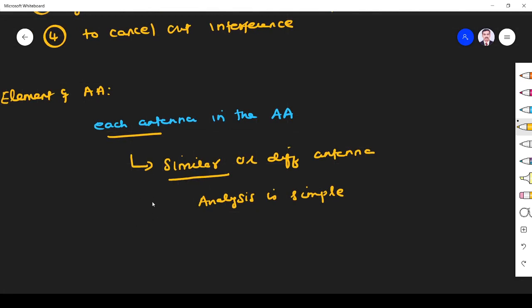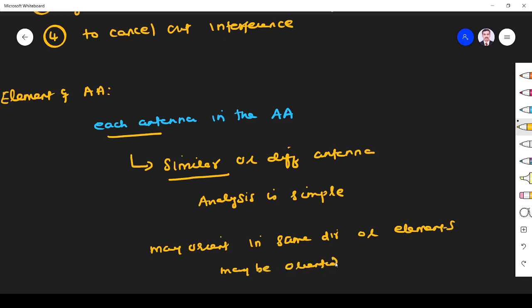Similarly, each element of the antenna array may be oriented in the same direction, or the elements may be oriented in different directions.